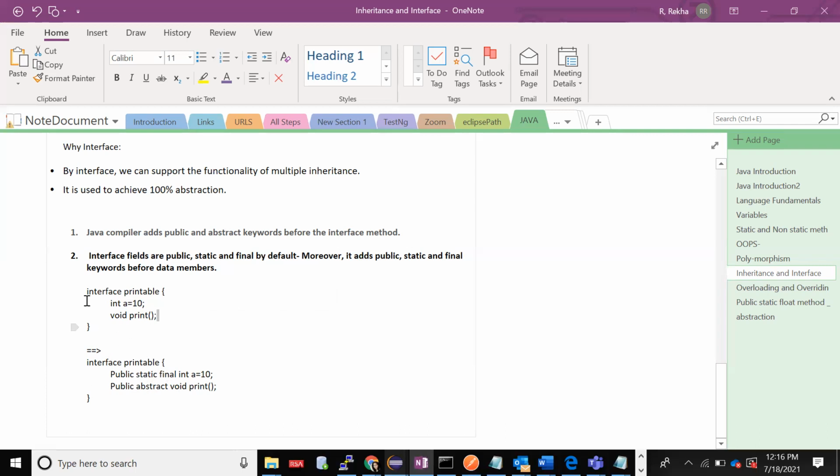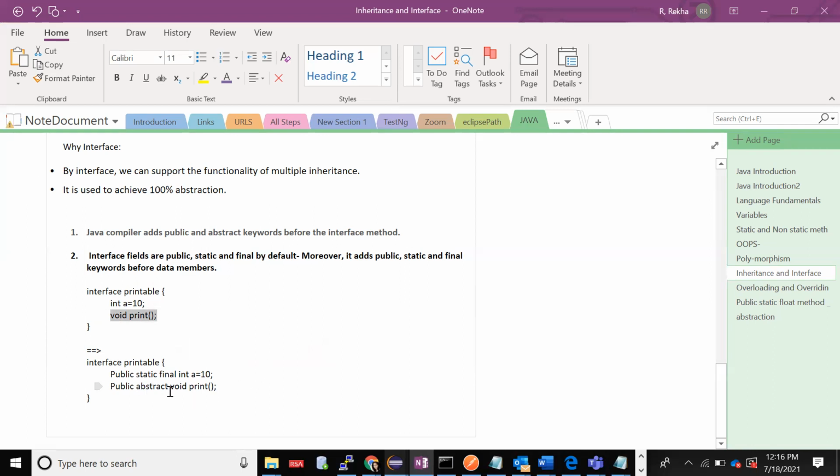The compiler will add public, static and final before all the variables you declare, even if you don't add them. All the variables are public, static and final in nature. And the methods are abstract in nature by default.